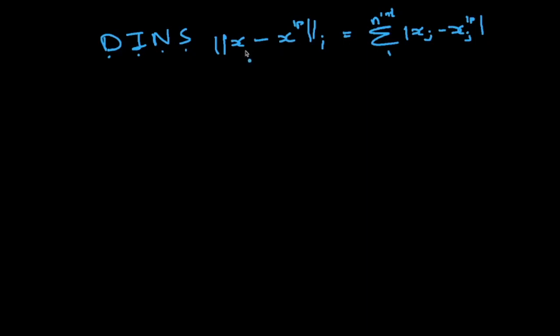The difference, how far I am from my LP solution, is what I'm measuring here. So basically it's the same thing as the binary norm, but we are looking at all the integer variables. The idea is that, let's say, I have my incumbent solution,